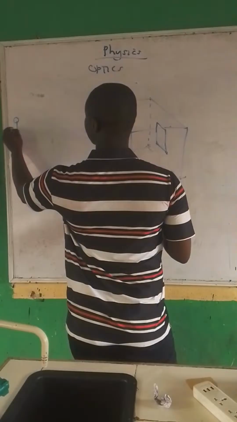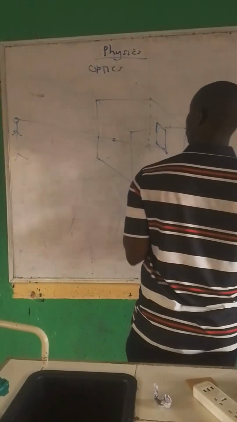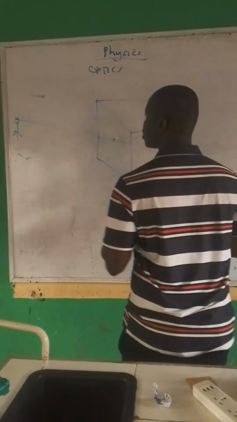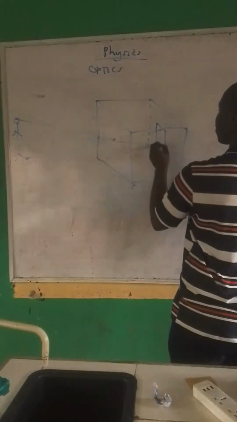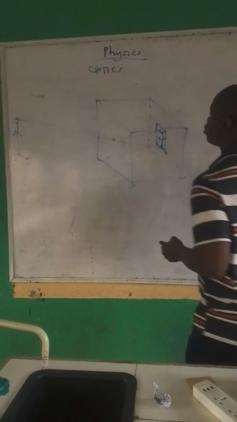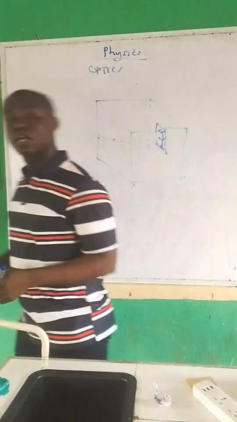So when the light is moving from this object down here, to pass through the pinhole to the photographic film, from the bottom it will pass through like this. Since the head here is coming like this, and the bottom here is coming like this, we have an inverted image in this form. Do you understand? So the image will be inverted. It will be real, it will be inverted.